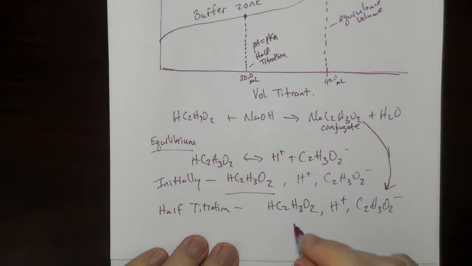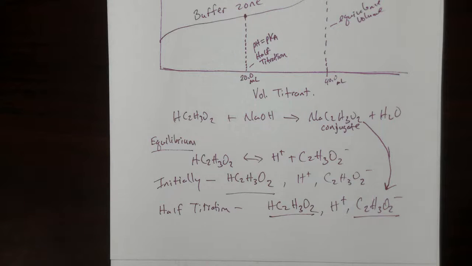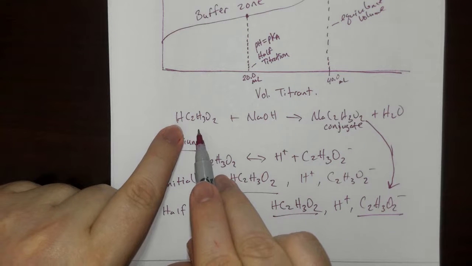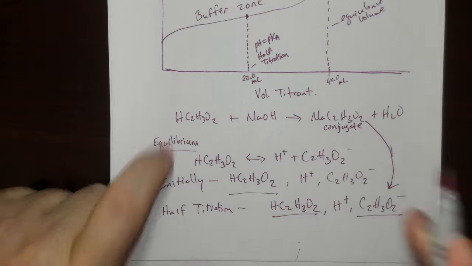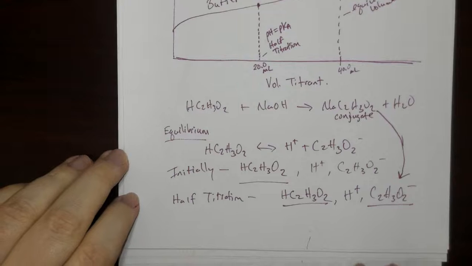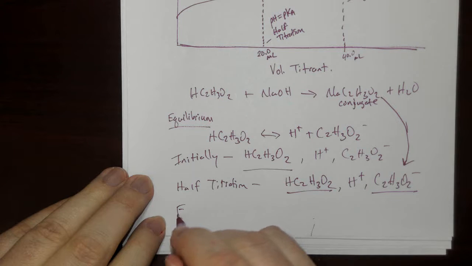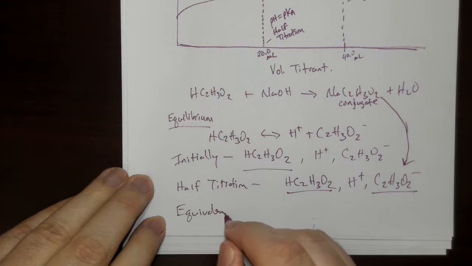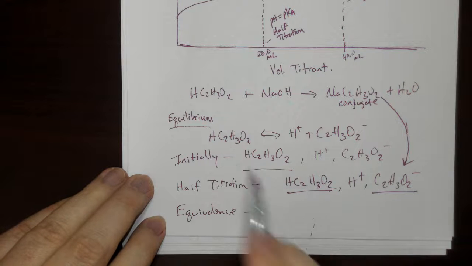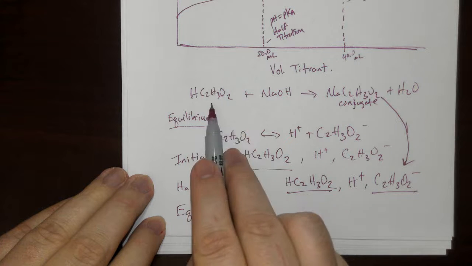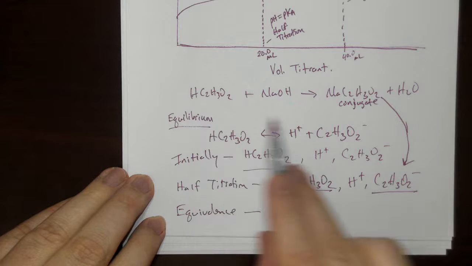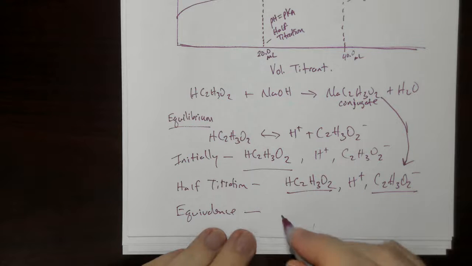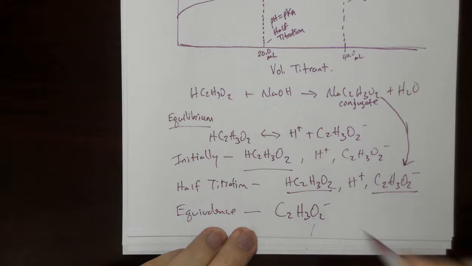So at the half titration point, you're going to have equal amounts of the two. That means half of your original acid has made an equal amount of your base, your conjugate. And then by the time we get to equivalence, we've actually used up all of the acid, okay, and we have the equal moles of this, so you've converted all of your acid into the conjugate. So the conjugate is your most common species,